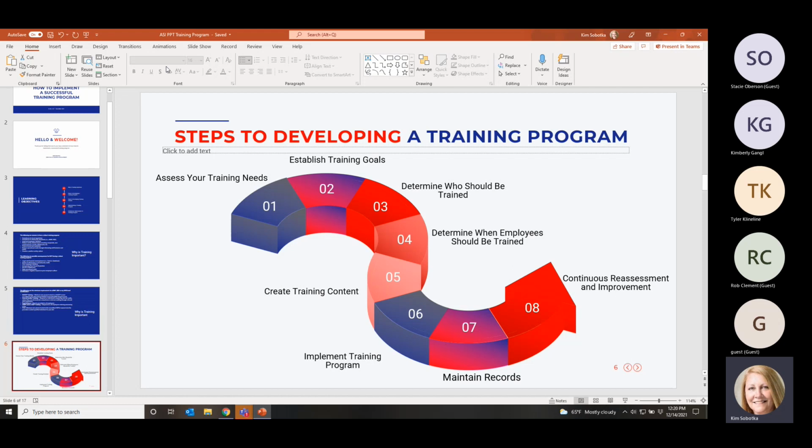The next step that I like to add here is to establish training goals. That's where you say to yourself or the team working on this, let's decide when we want to have this up and running. Are we going to do training quarterly in addition to new hire? Are we going to do it every 6 months? Are we only going to do it every 12 months, in January, so that everybody gets consistent training? I don't think there's really a set frequency that you need to have, other than that everyone should have it in the new year. Our recommendation is every 3 to 6 months.